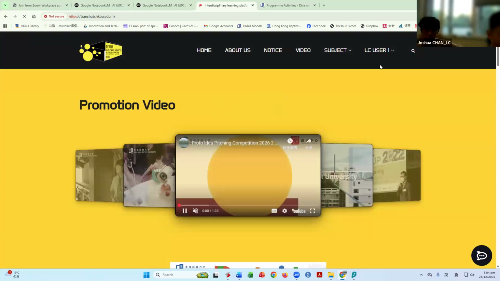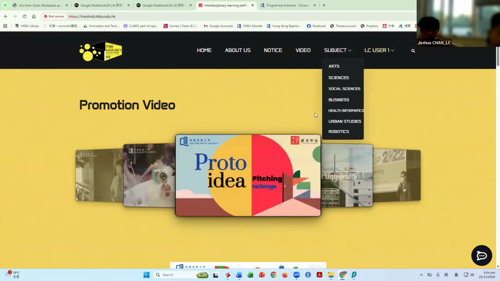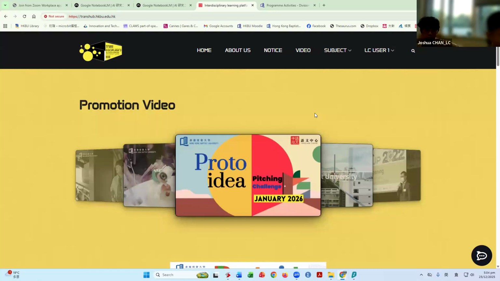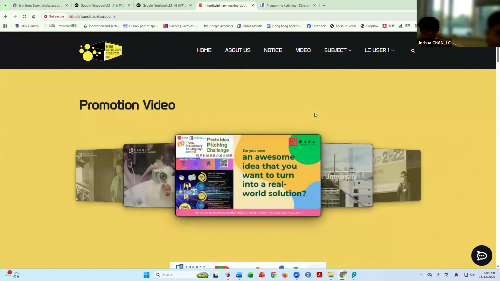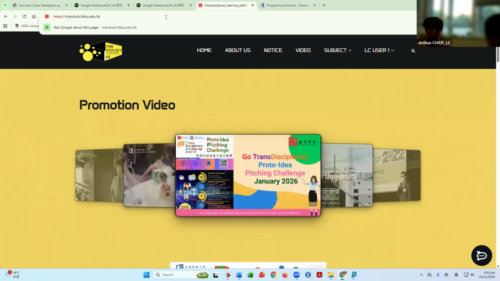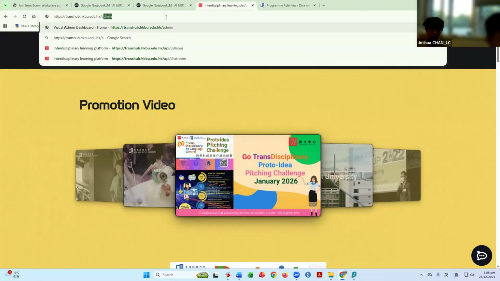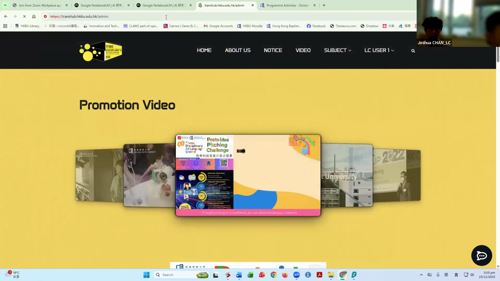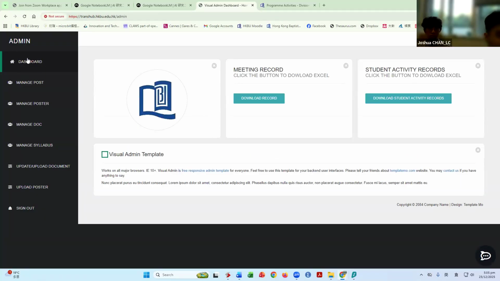Finally, all right, so we have talked about this is the teacher's page, and the student's page will be very similar, except that the student will not be able to add a post, will face more restrictions in terms of accessing functions. And there is also the admin page. So we can go to the admin page by adding admin in the URL. Okay, so in this admin page, so this is the brain of the web page.